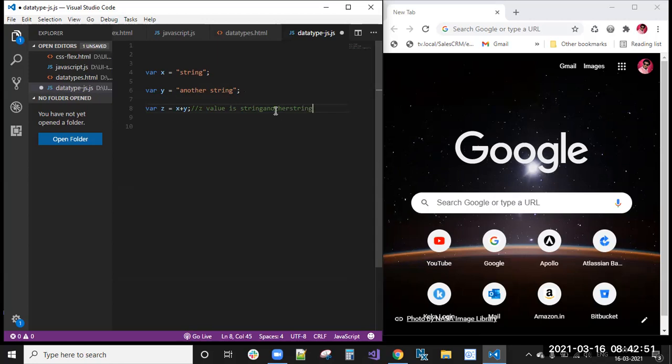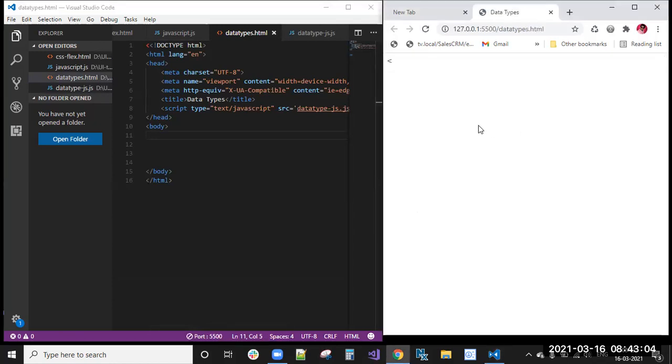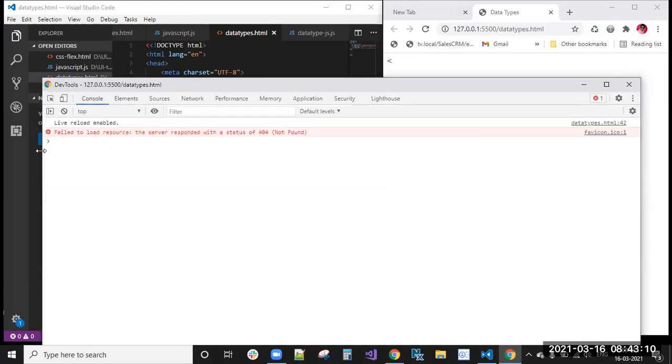We didn't add a space in between, so we will see this in the console. We'll go here, go live, so that it opens here. Console.